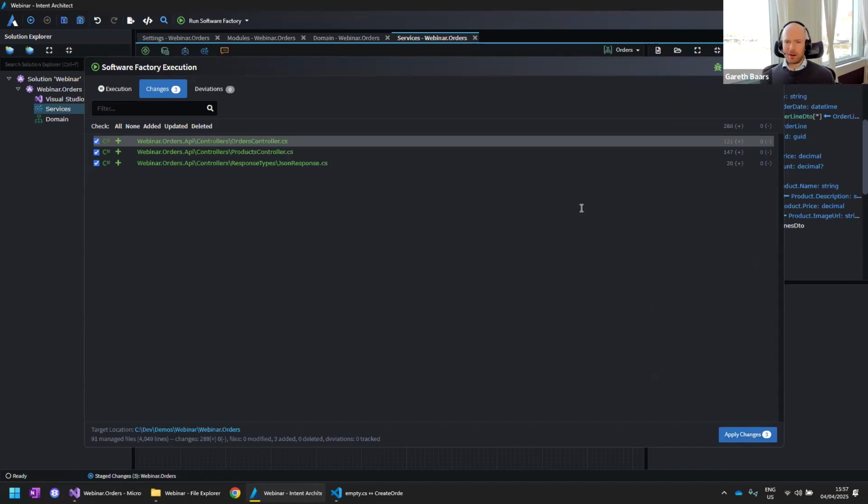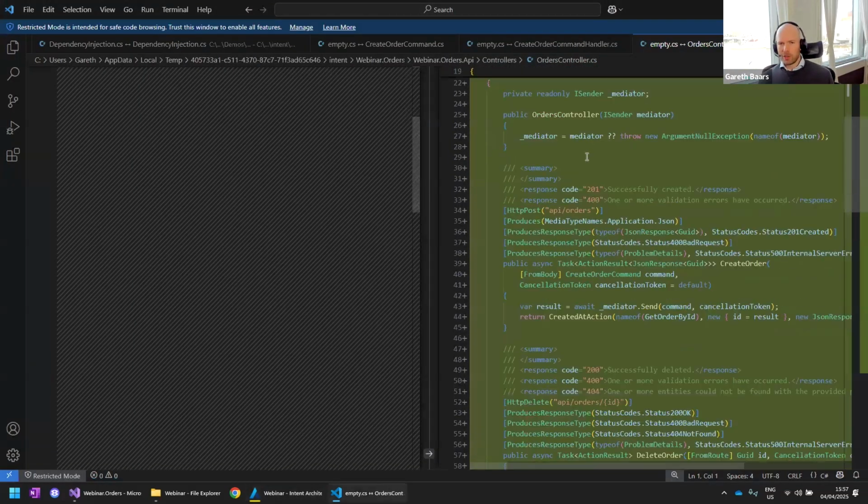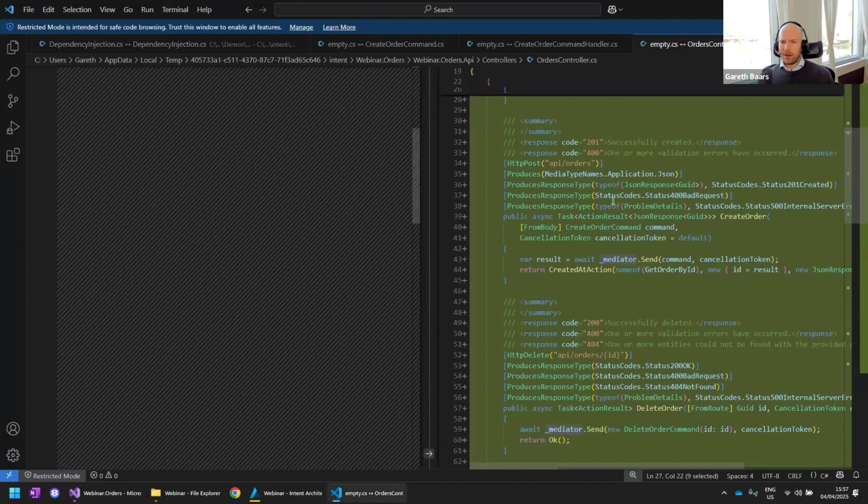All right, so let's take a look at our controllers. If you guys are using a mediator pattern inside of your applications, I'm sure this is exactly what it looks like inside of your application. You're injecting in the mediator. And for example, on the create order command, we take the command, we dispatch it onto the send, and we get the result back, which is the ID, if you guys recall from earlier, and we return back the 201 with the ID as the result.